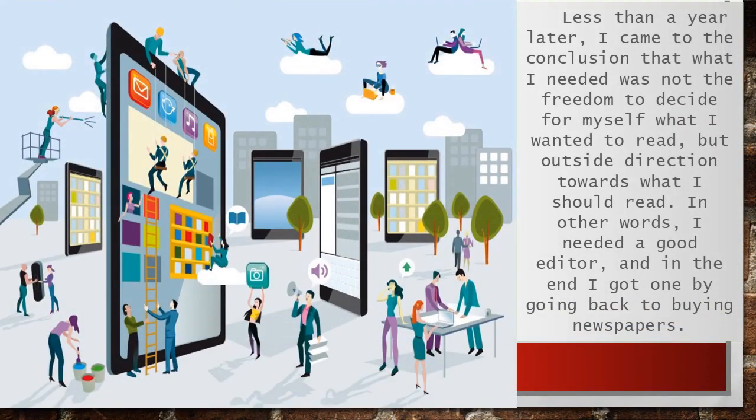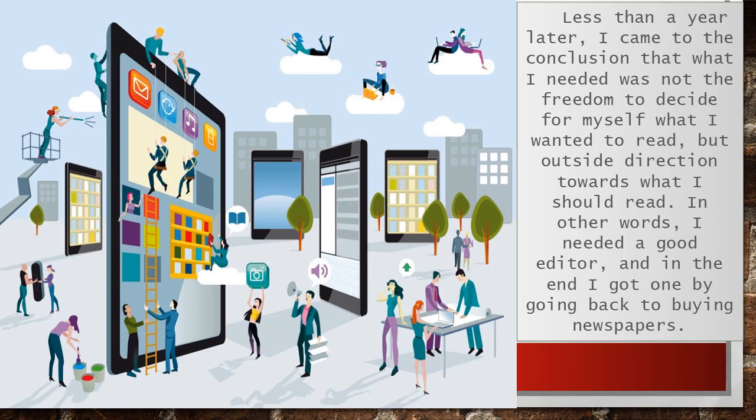The last paragraph: less than a year later, I came to the conclusion that what I needed was not the freedom to decide for myself what I wanted to read, but outside direction towards what I should read. In other words, I needed a good editor, and in the end I got one by going back to buying newspapers. Now in the final paragraph, he concludes that his aim was not the freedom to decide what to